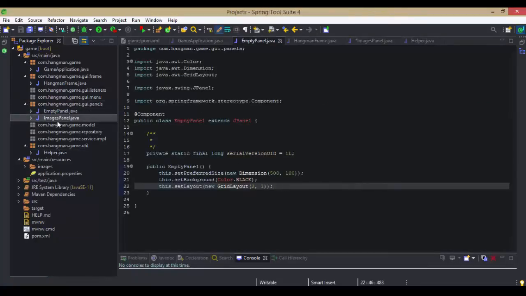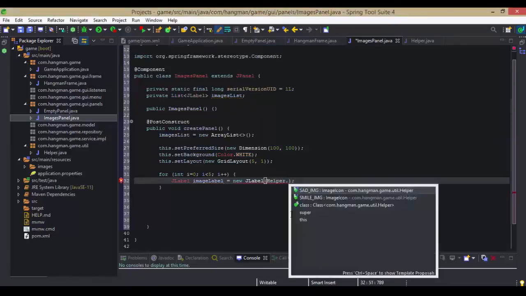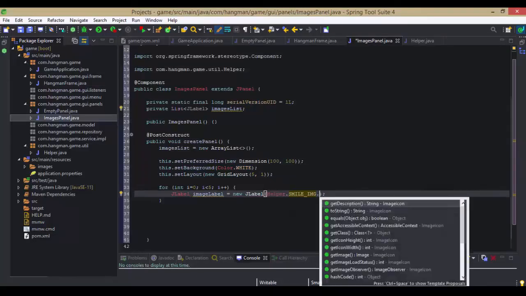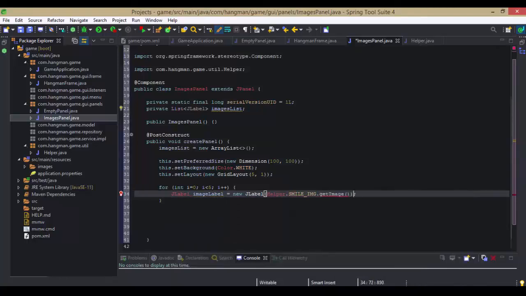And now let's go to the images panel, and over here as a parameter to the JLabel constructor, we can actually use the reference to the helper smile image, since by default our images will have the smile